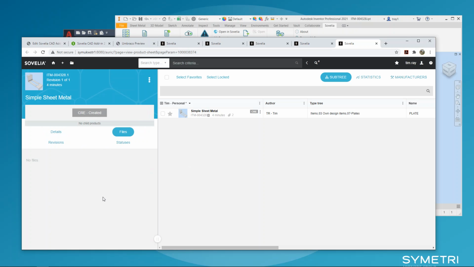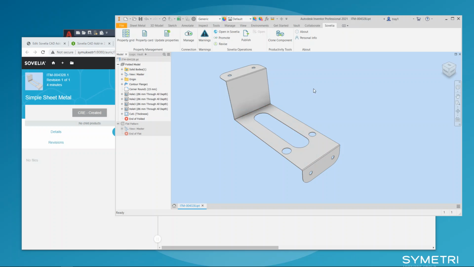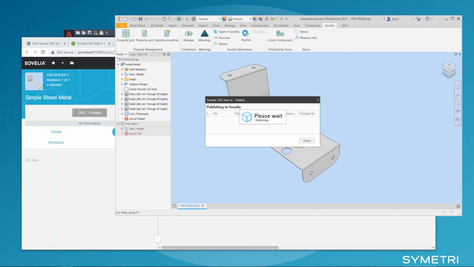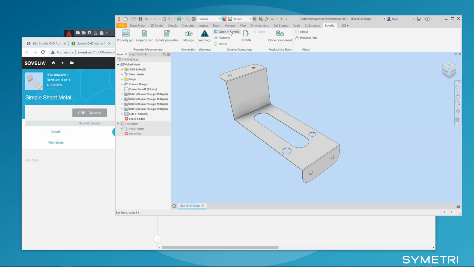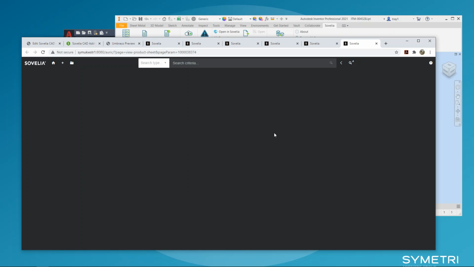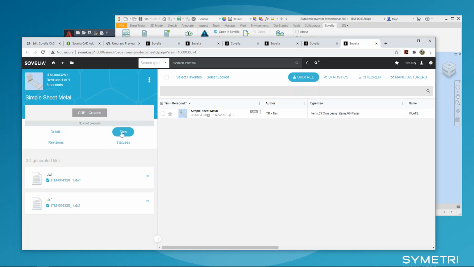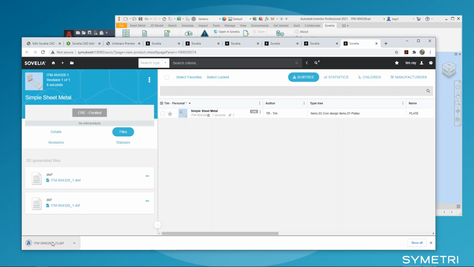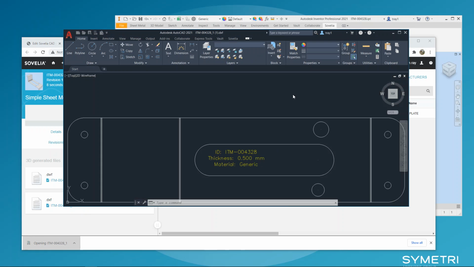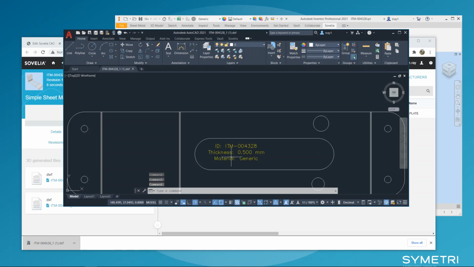No files currently exported for that or attached. It's a sheet metal part. And when I publish a sheet metal part, one of the options that we have, if I now look at that in Sovelia, is that it will export for me the DXF file and the DWF file. If I download that DXF now and I open it up inside AutoCAD,